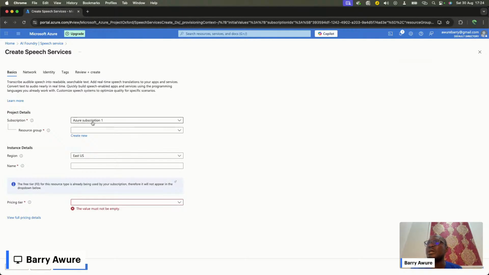So you select your Azure subscription. This is my own subscription, the subscription that is running on my account right now. And then you need to create a resource group. A resource group is just the grouping of your different Azure resources. You can use the same resource group, but most of the time you tend to have different resource groups for different functions and activities that you want to carry out.